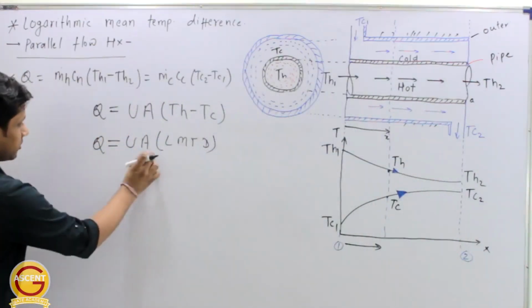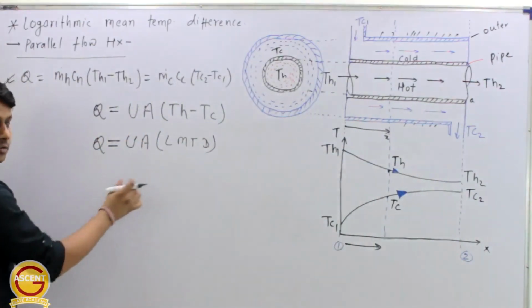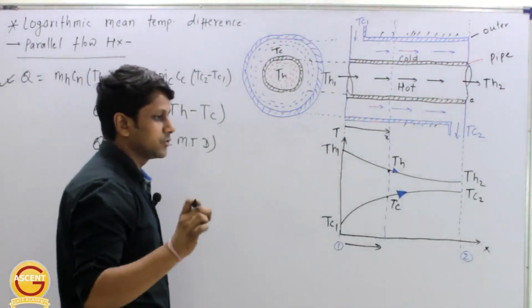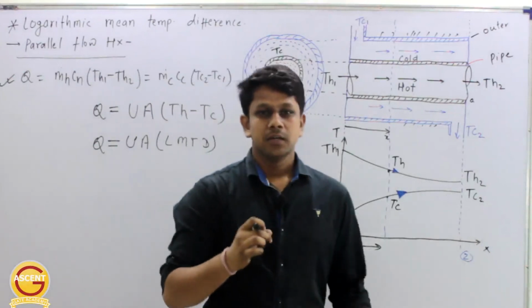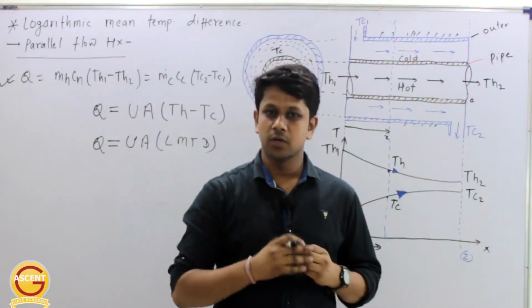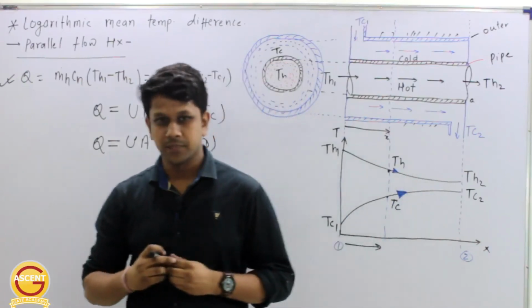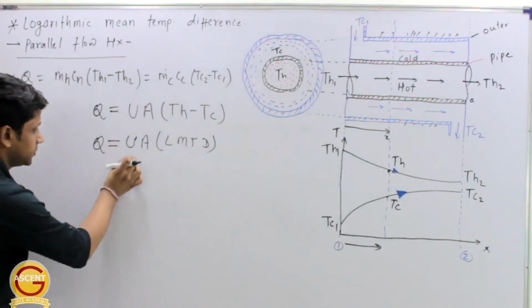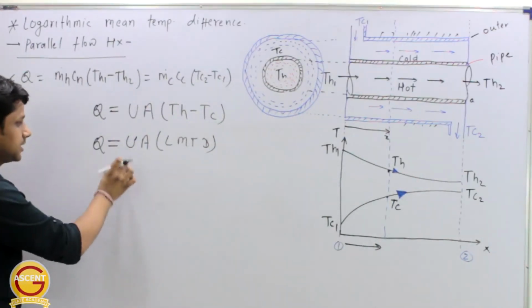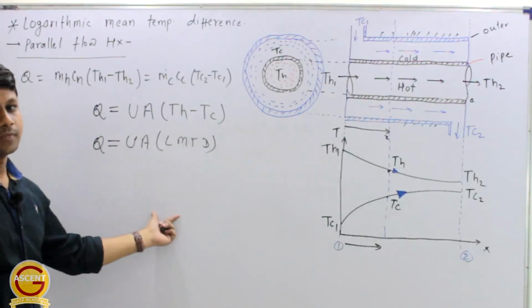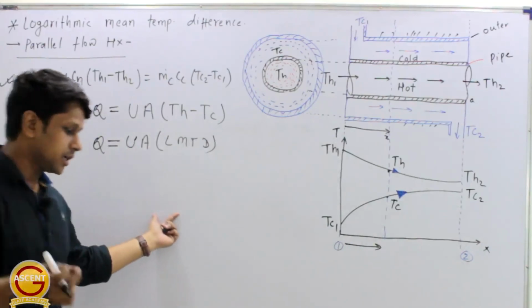And this area of heat exchanger will correspond to this value of U only, right? Because we have seen in the case of cylinders and spheres, for different areas, the U values are different. The overall heat transfer coefficient values are different. So don't bother about that. If he is giving you one value of U, then he is asking for the area corresponding to that value of overall heat transfer coefficient only. Okay, so don't think about that.